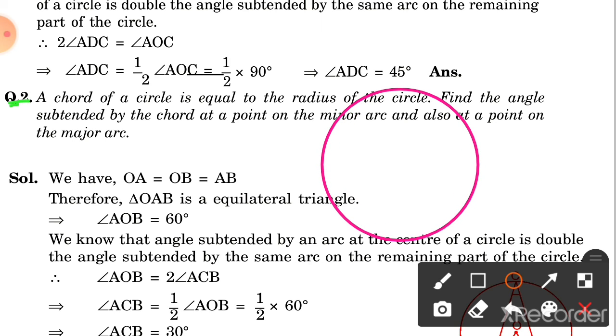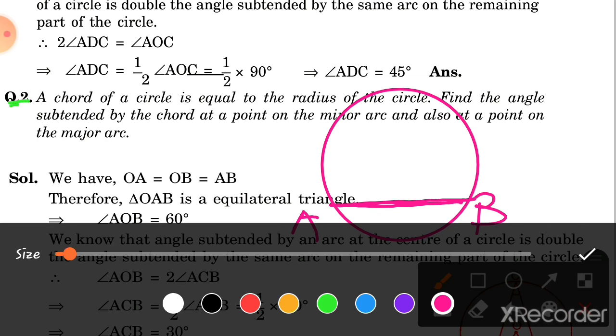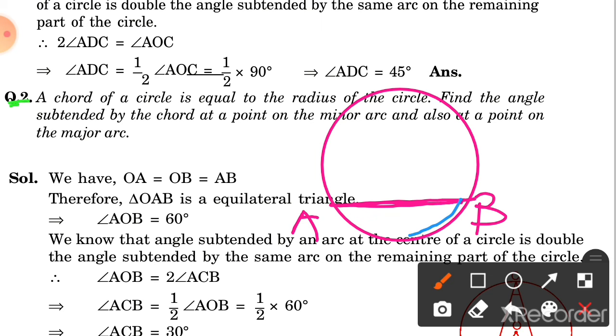Like this. Now take a chord. This is your chord. Name it AB. So what is written? Find the angle at minor arc and major arc. Correct, students? So this is your minor arc and this is your major arc. So this chord is,